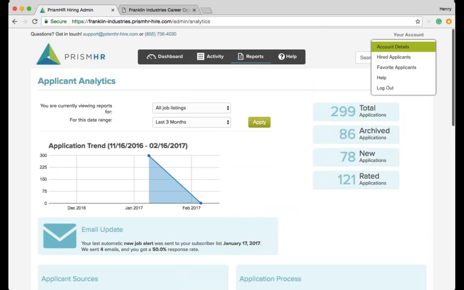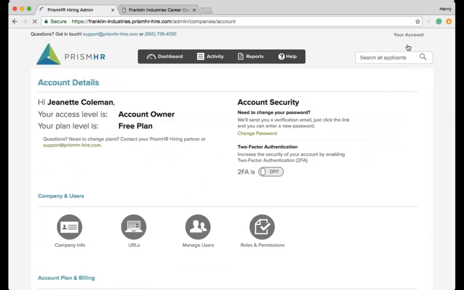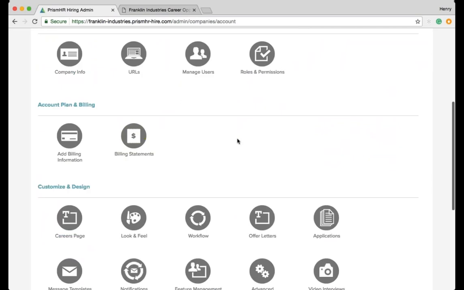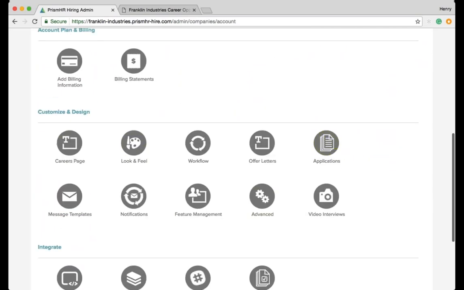Last thing I want to touch on here is some of the back-end details. So up here in account details is where we can manage our account and do a lot of the custom options. So you can adjust company info, you can manage your users and their permission levels, you can adjust your billing information, and then here you can customize all sorts of things from tweaking your careers page, playing with your